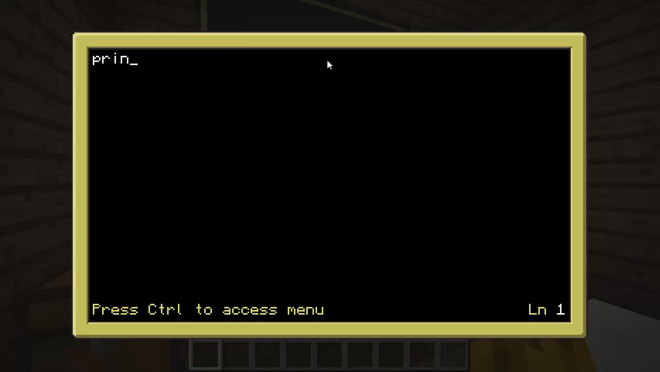Alright, so what do we want to do first? Print "guess the number I'm thinking of." I'm trying to type too fast. Alright, we're going to print that out, and